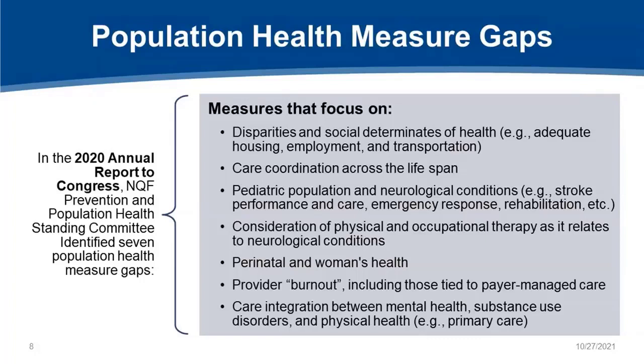So this is interesting in that it addresses the health of the provider population and may even have implications for how effectively care is delivered to the patient population more broadly. And then finally, care integration between mental health, substance use disorders, and physical health. Physical health being encompassed by things like primary care. And in order to better understand how effectively the healthcare system is treating and managing patients with mental illness, we need to promote and then measure the extent to which healthcare systems are effectively integrating mental and physical health care for their patients with needs in both areas.